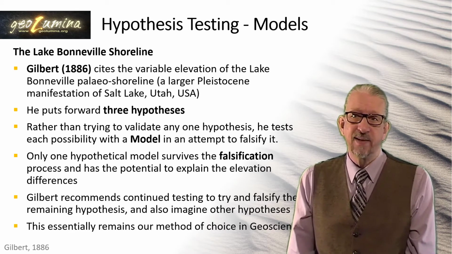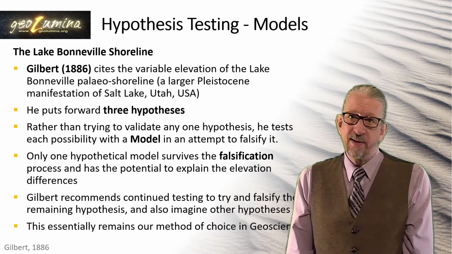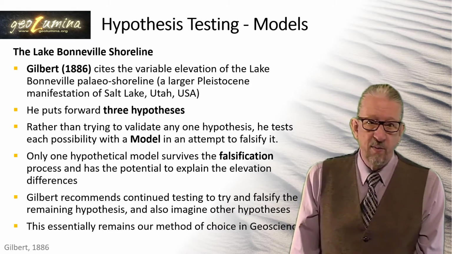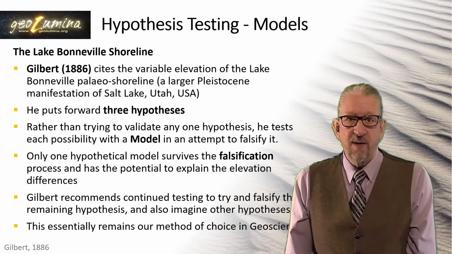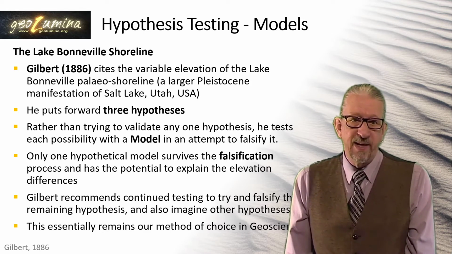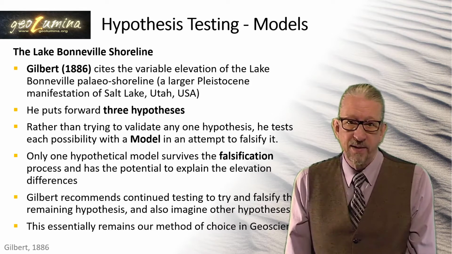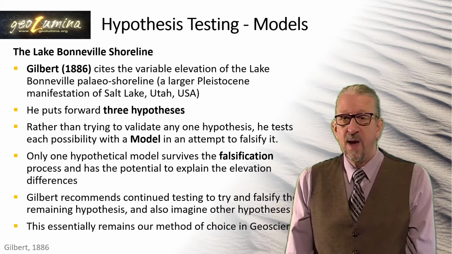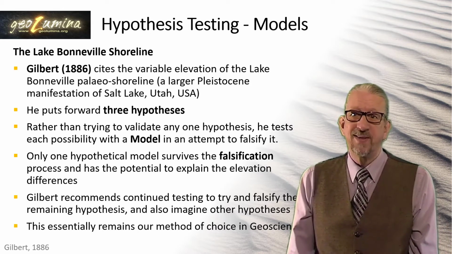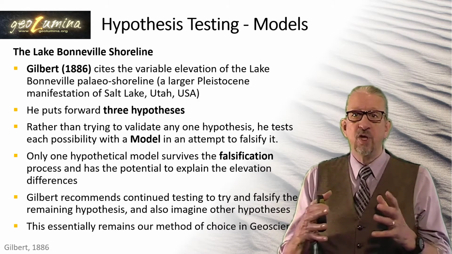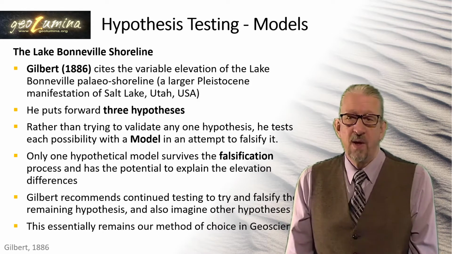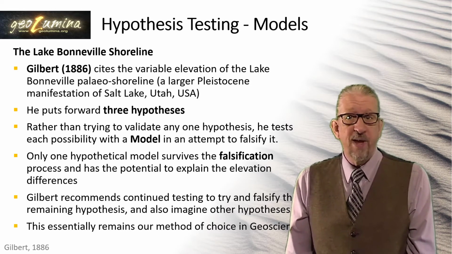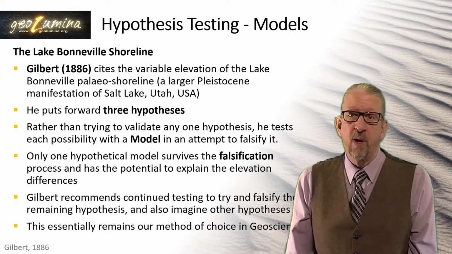So then we can think about hypothesis testing. How do we actually do that? Well, we can go about this in a couple of ways. And one way is to build models. So there's an example from Gilbert, 1886, who describes the variable elevation of the Lake Bonneville paleo shoreline. So this is a paleo lake, which is the sort of precursor of Salt Lake in Utah. And from the evidence in the landscape, you can see that this paleo lake shoreline has changed many times throughout its geological history. So what Gilbert did is he put forward 3 hypotheses, so he's testing multiple hypotheses,